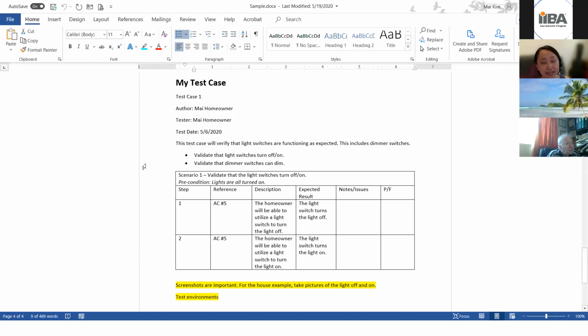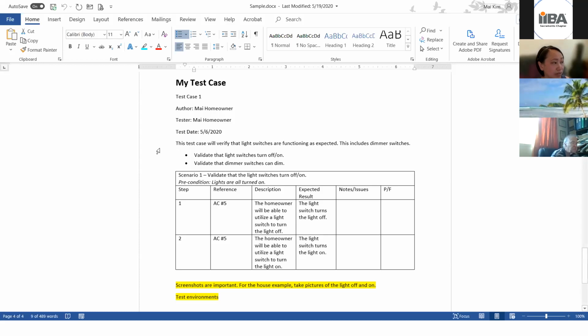And then the test date. The test date is important because as some of you are aware, when developers are coding, they are dropping code into different test regions on different days. And so what might be working in a test region on one day might not be working the next day. And so if you encounter issues, knowing that test date is important so that the developers can go back and determine root cause to see if there were any changes in that test region.